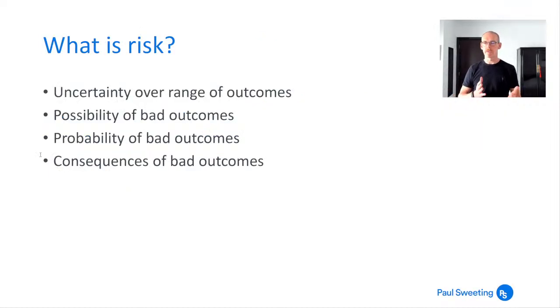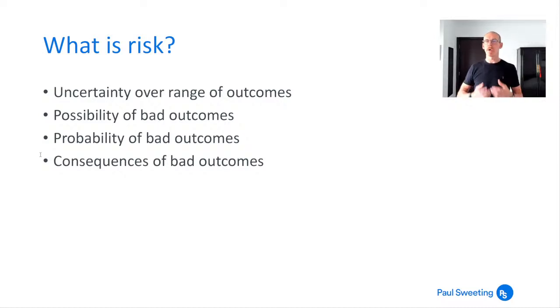So this is something which I talk about quite a lot, and I did a post on this on LinkedIn recently. I talk about it in my lectures quite a bit, and it's about trying to understand what we mean by risk, because risk can mean different things to different people. Risk could just mean uncertainty over a range of outcomes, so it might just mean you don't know what's going to happen. It's more usually used to mean the possibility of bad outcomes. So uncertainty could mean good things happening and bad things happening. Normally when we're talking about risk, we're talking about just the bad outcomes. We're not usually concerned with upside risk, but it depends on the definition.